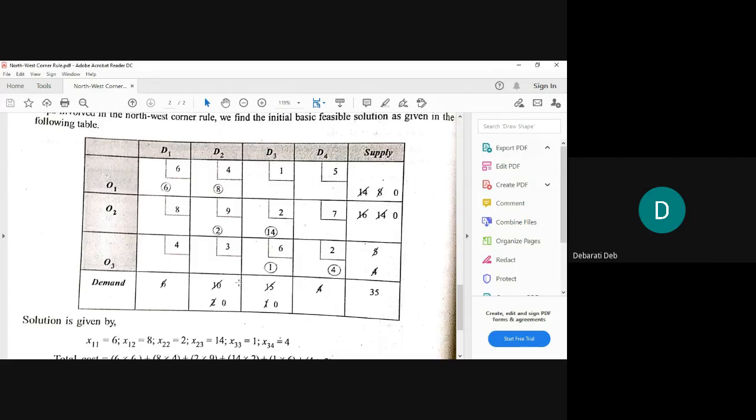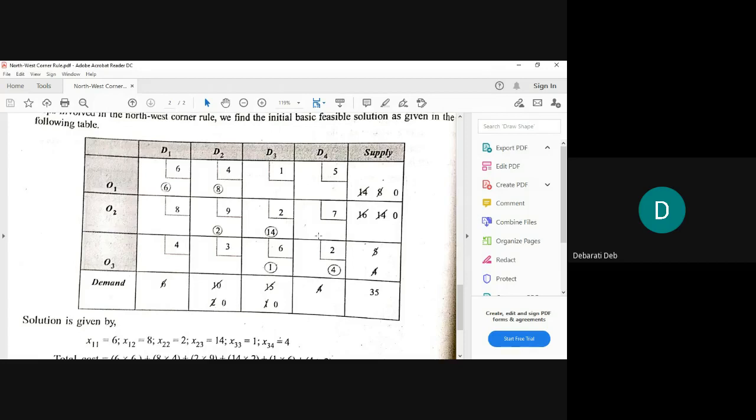Out of 16 and 2, 2 is the lowest. So we will assign 2 in this box. We will put a circle and write 2 in this box. Thus, we will strike off 2 in this column total and we will have 0 in hand. 2 minus 2, that is 0, right? And in the row total, what will happen? The number was 16. So 16 minus 2, we will get 14. Now, we will strike off 16 and write 14. Okay? Correct?